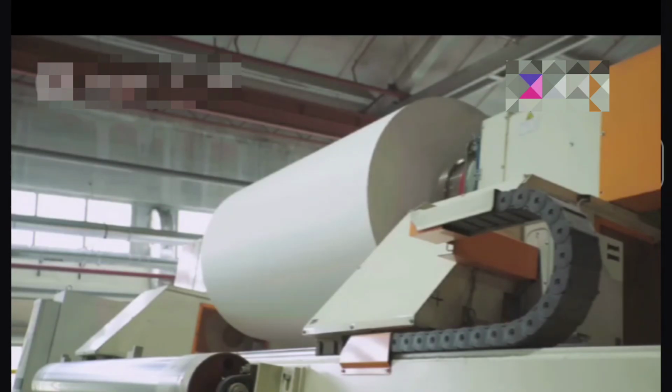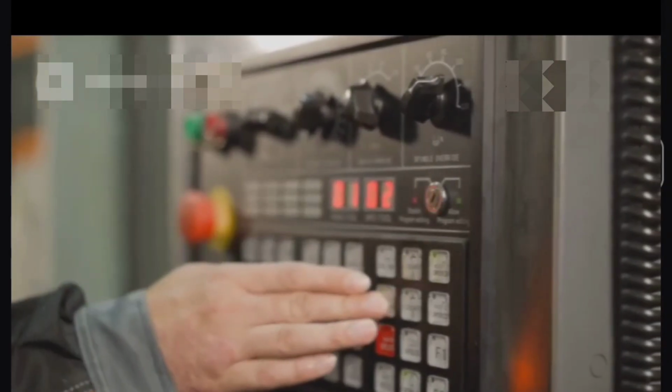From the initial spraying of the pulp to the final drying stages, every step is meticulously controlled to produce high-quality paper. Skilled operators monitor the entire process, making adjustments as needed to ensure everything runs smoothly. They oversee the machinery, check the quality of the paper, and make sure that the production line is operating at